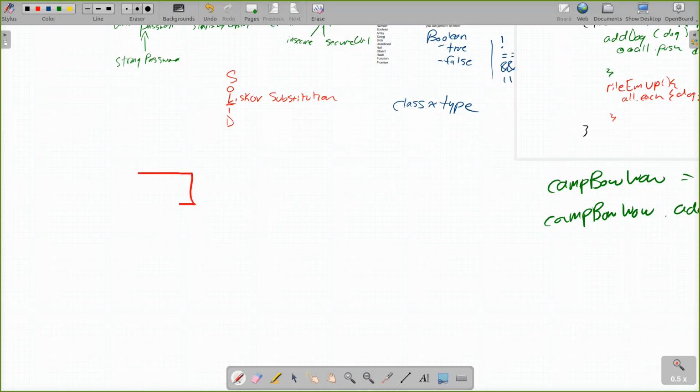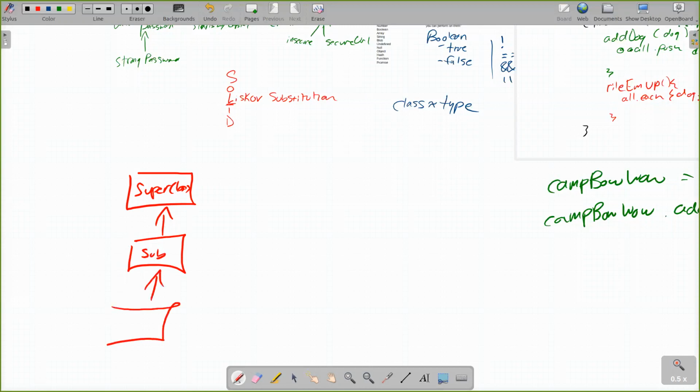So class, superclass, subclass. When I make a new instance of this subclass, it copies in all of the things from its superclass and its superclass.